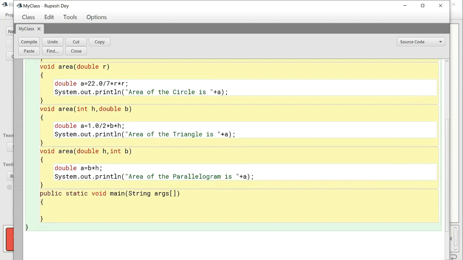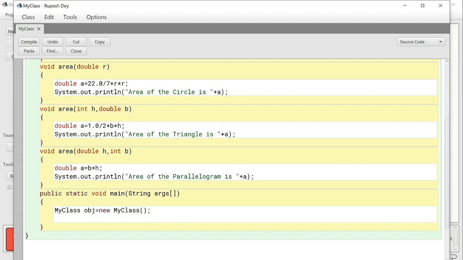My class name is MyClass. MyClass obj equal to new MyClass parentheses. This will create an object called obj. Now using this obj I will call the area function, area. Now here I am passing 12 comma 6. That means we are passing two integer parameters.